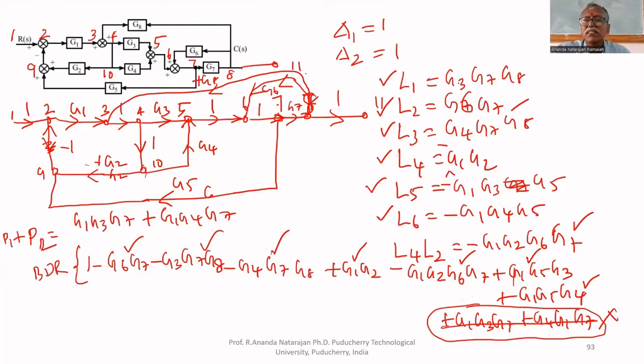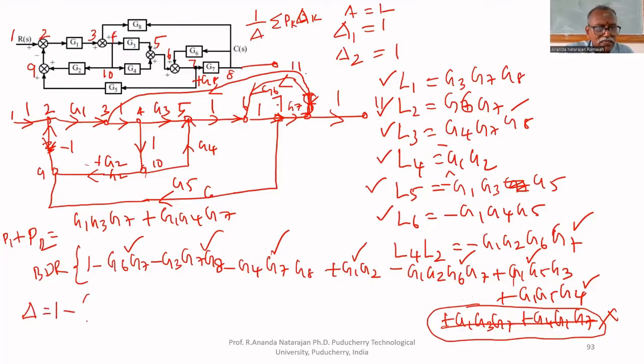Check the sign. G3, G4, G8, we got positive here. In the block diagram reduction, we got negative. Yes, because in the formula, what is the formula? 1 by delta, sigma Pk delta k, delta equal to 1 minus. Because of that, these are all positive; that's why we are getting minus. The sign also we are getting correctly. So these are all we get minus. Therefore, delta equal